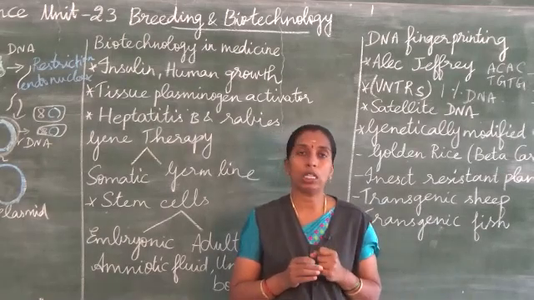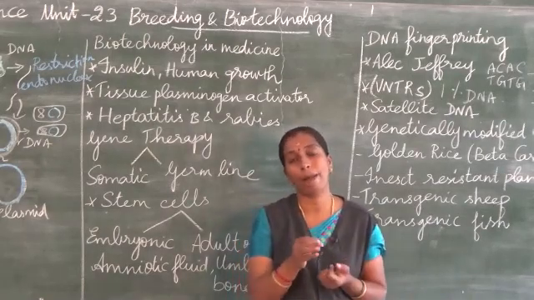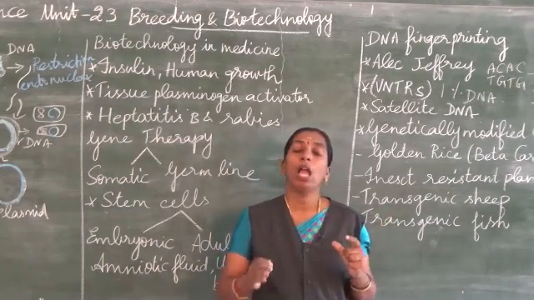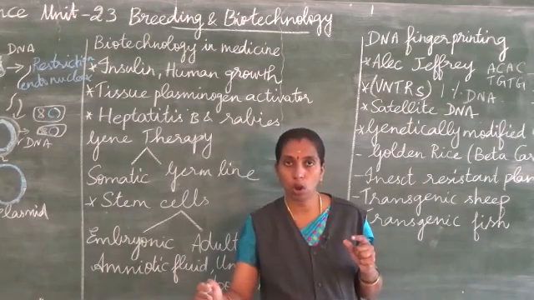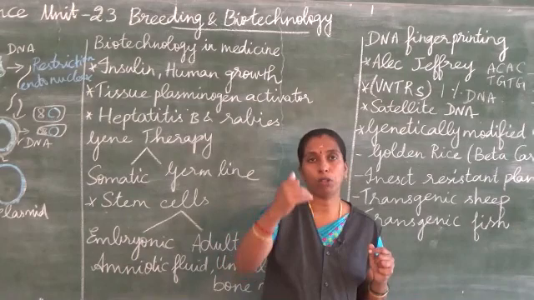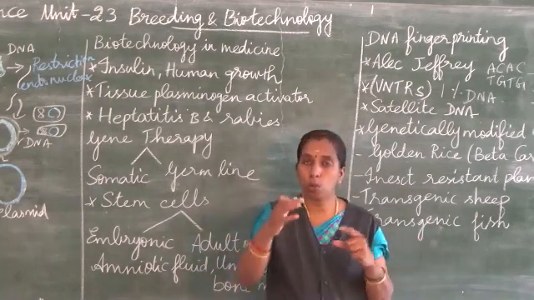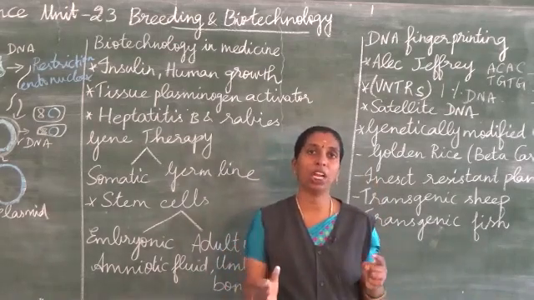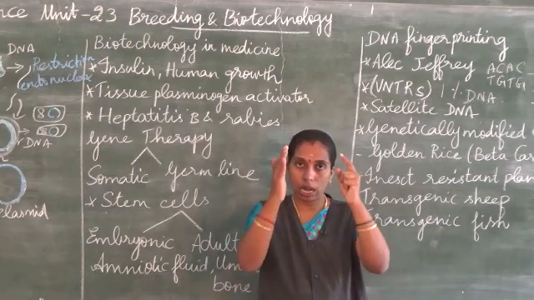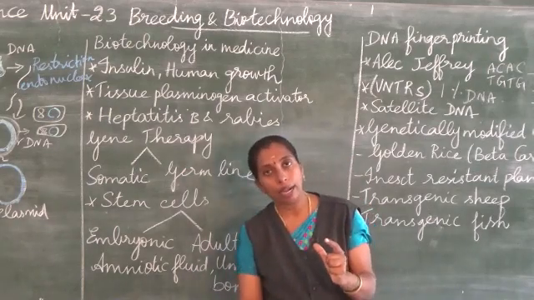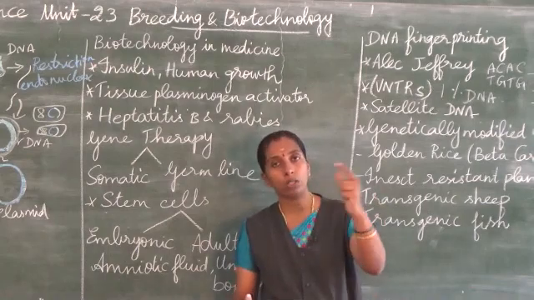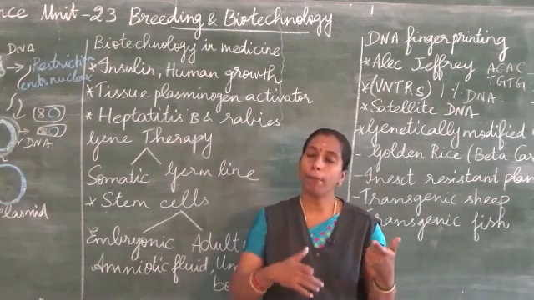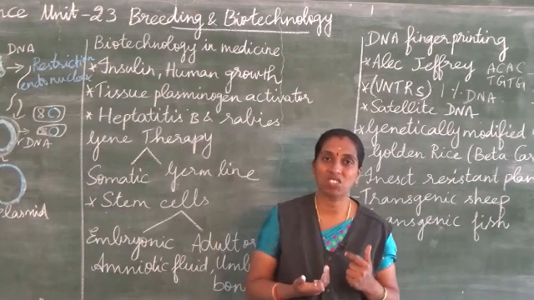Now we shall see how transgenic plants are made, with a simple example. Using this genetic engineering principle, you know that potato is grown underground and tomato is grown above the soil. By joining these two varieties, there is a variety called pomato. In the same plant, we can get potato underground and tomato above the soil. Using this genetic engineering principle, we can produce such varieties. That is called transgenic plants.